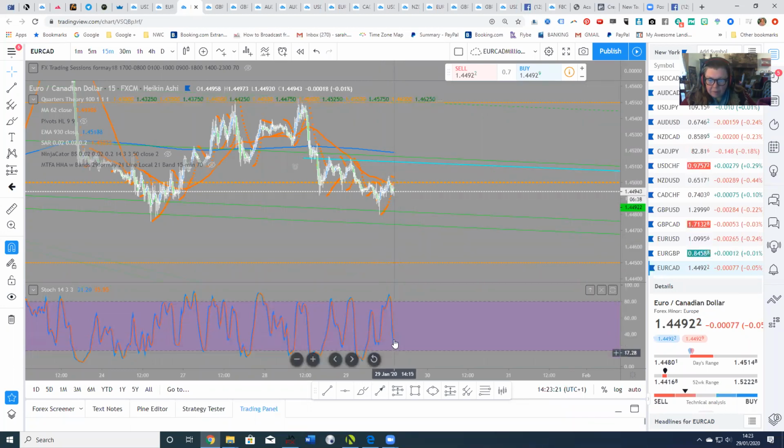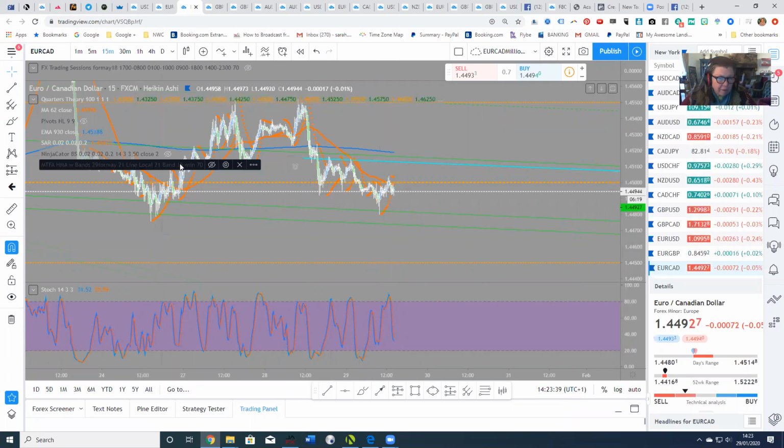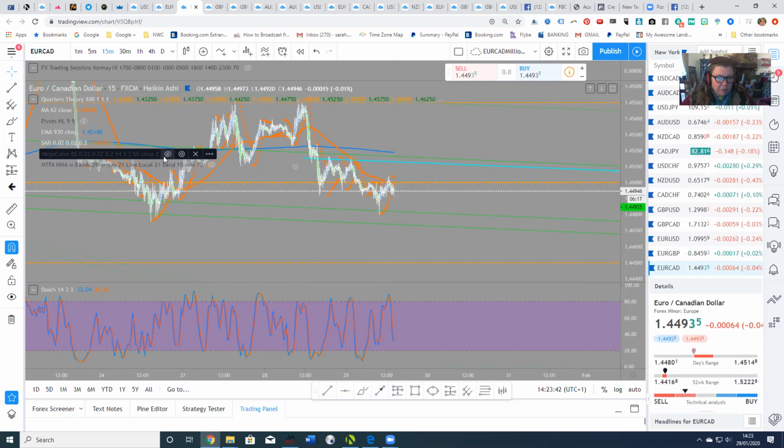So we've got a little bit of a gap there. It's come down to the bottom, but it's not an extreme. It was up here a little bit earlier on, but we had a wicky little candle there, and not a lot of volume in the market on EuroCAD at the moment. So we probably haven't got a trade, but we'll have a look with our